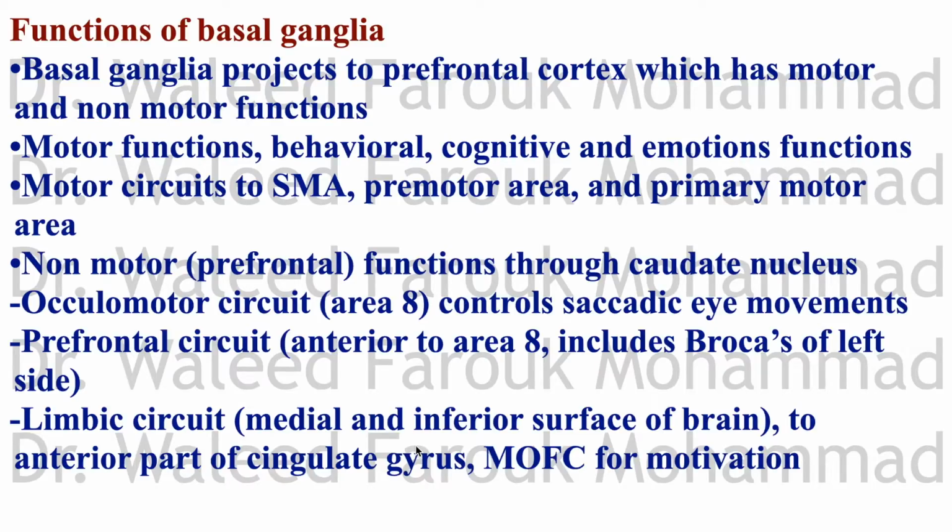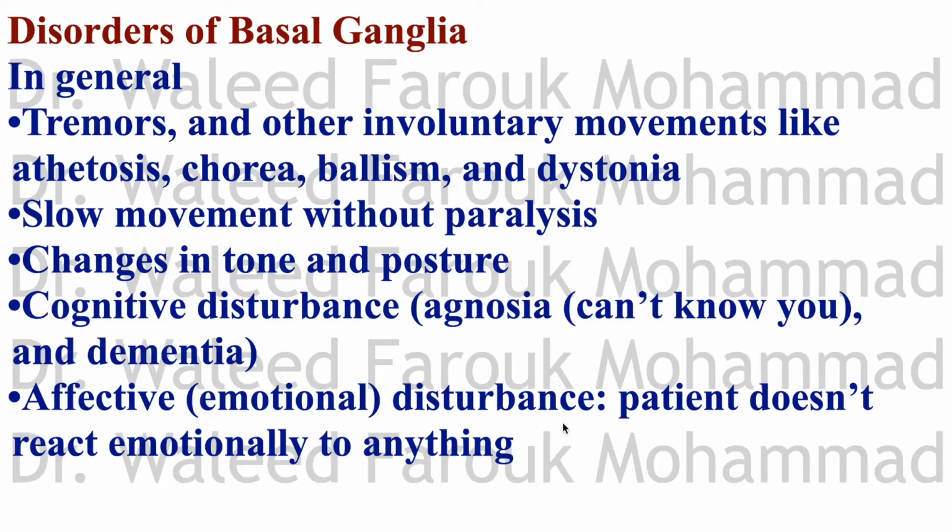It involves also the anterior part of the cingulate gyrus, the medial orbitofrontal cortex on the inferior surface of the brain, and it's concerned with motivation, meaning the intention of doing things. Disorders of basal ganglia. The symptoms involve tremors and other involuntary movements, like athetosis, meaning a small form of movement, or slow snaky-like form